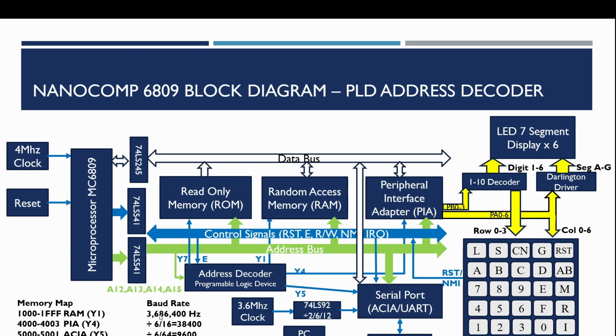Now, this design is only making use of A12, A13 and A14. The A15 line is not being used at this point in time, although it's included in the address bus buffers. We're not making use of it in the decoder. So this should mean that the monitor ROM can be exactly the same as we had before. The only thing that's really changing is this chip, and we're going to be looking at how to program that.